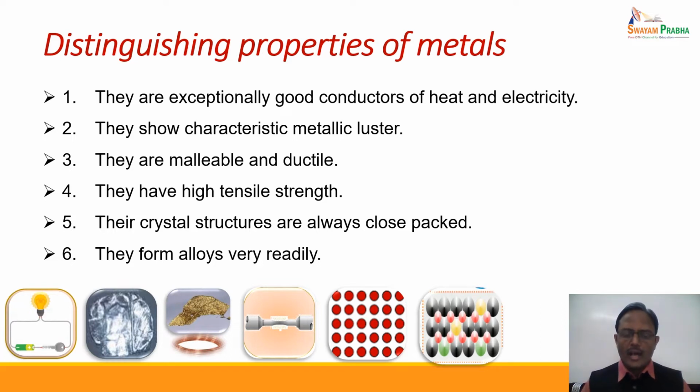All these properties are a combination of what we call the metallic properties, and these metallic properties are the characteristic of most of the metals. Now, any theory which tries to explain the metal structure or bonding in the metals should explain all of these properties which are observable properties of metals. We will discuss various theories which try to explain the metallic bonding in terms of various aspects, and many of them have successfully explained all of these properties. Let us start with the first theory among them.